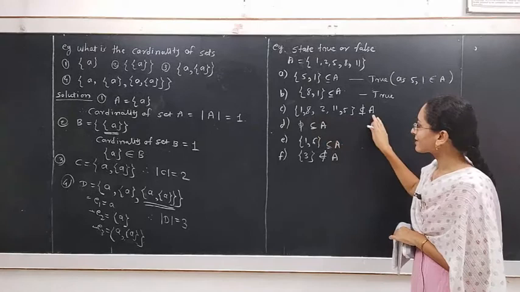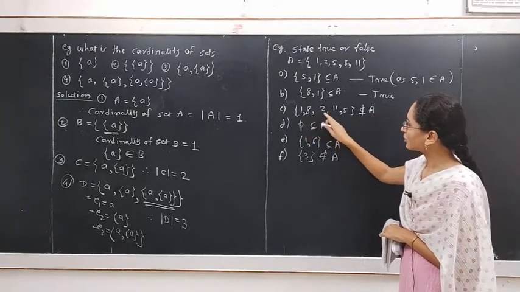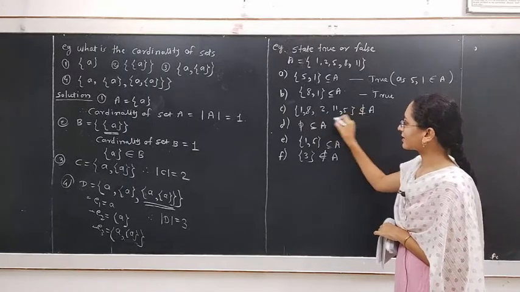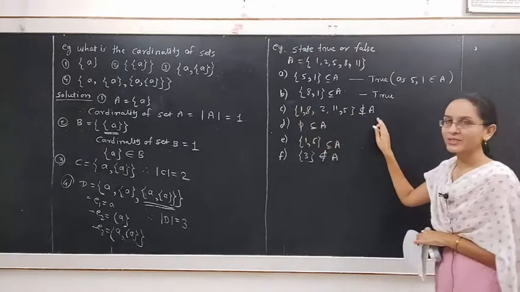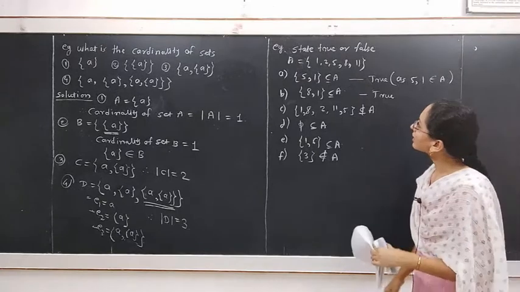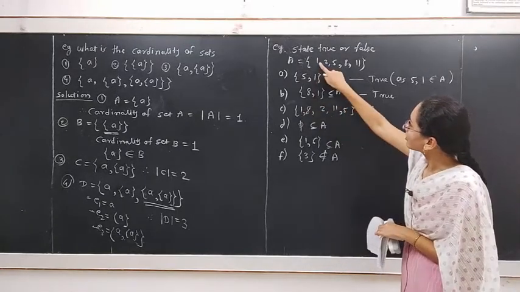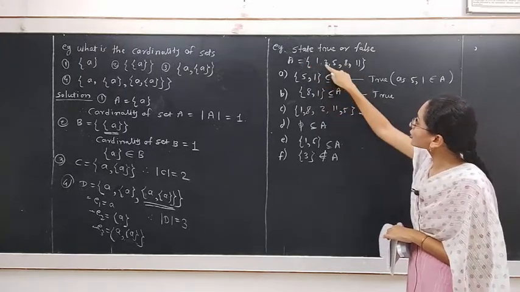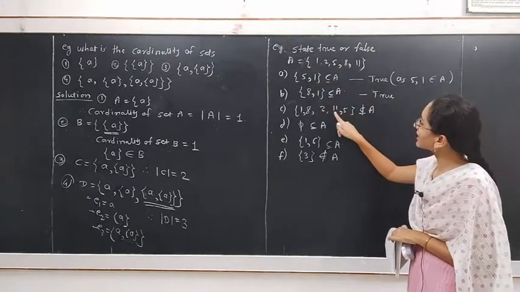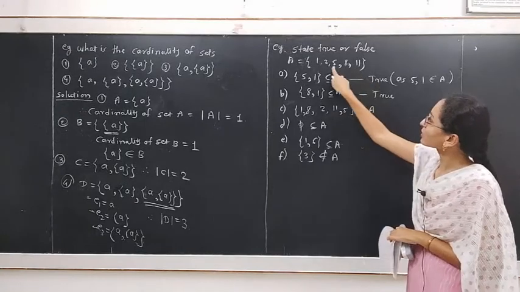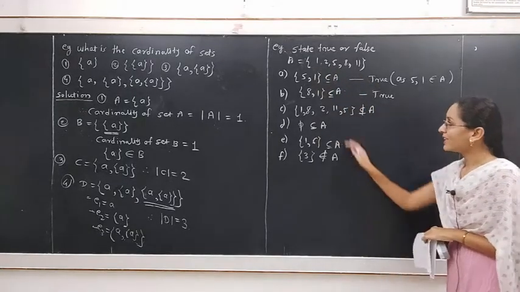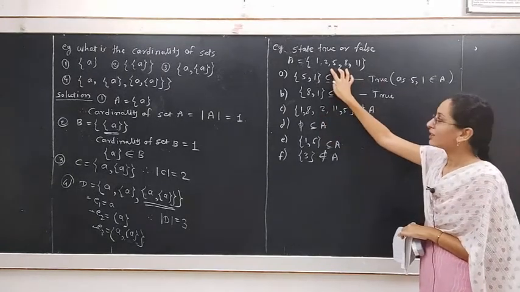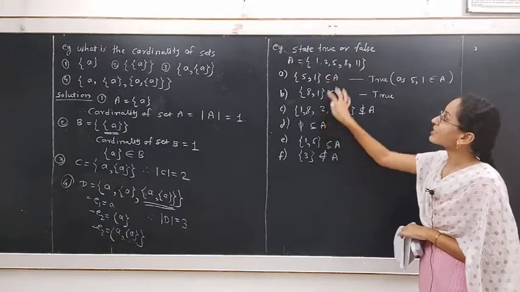since all the elements of this set are the elements of set A. The next statement tells that {1, 8, 2, 11, 5}. These are 5 elements, and if we consider this set, then is it not a subset of A? But 1 belongs to set A, 8 is present in the given set A, 2 also belongs to set A, and similarly 11 and 5 belong to set A. All the elements of this set are present in the set A. Therefore, this set is a subset of A.